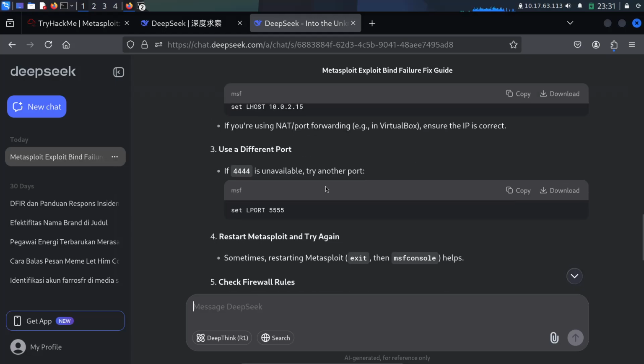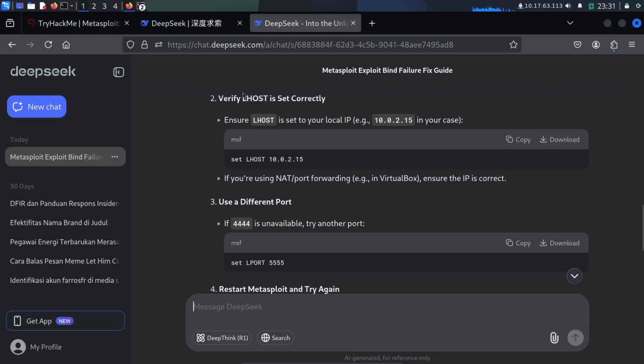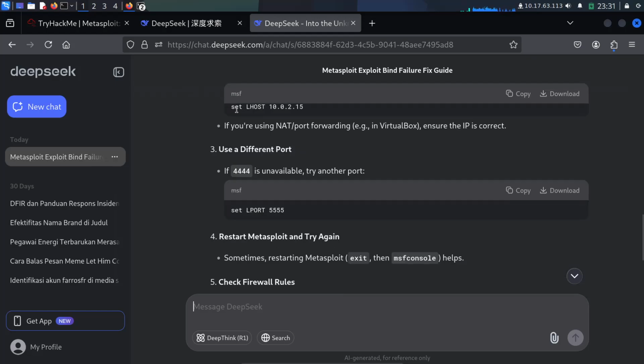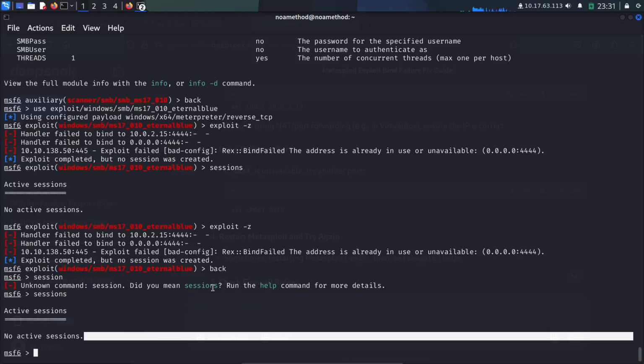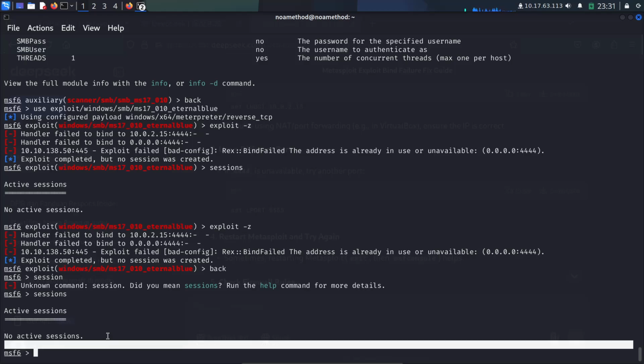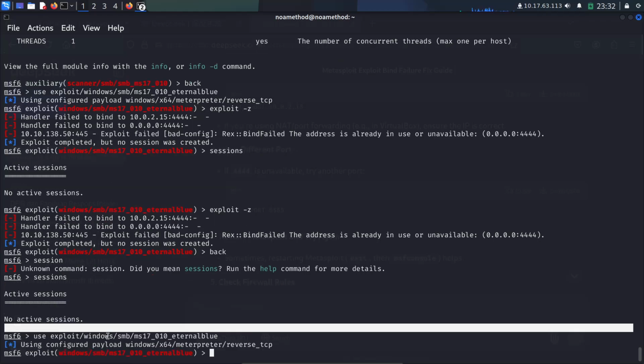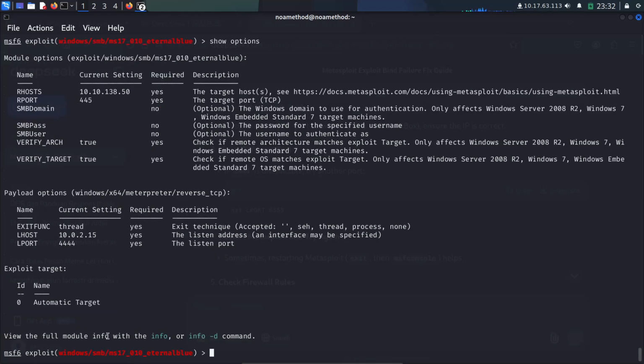In case you use a different port, you can set LPORT. Enable and then show options. We can check that the LHOST is right.